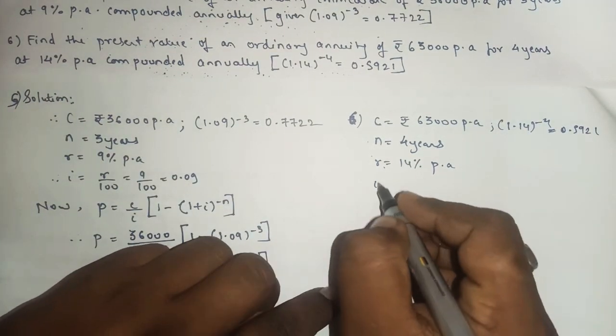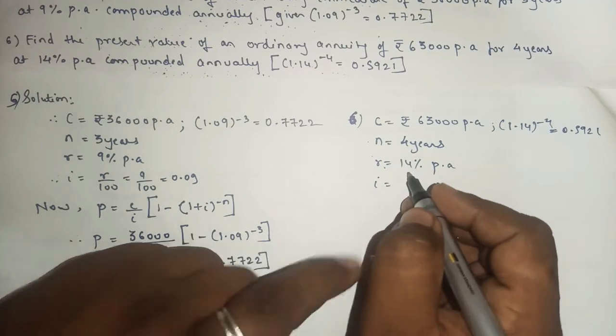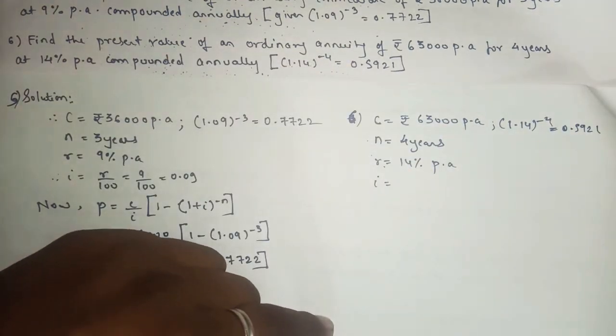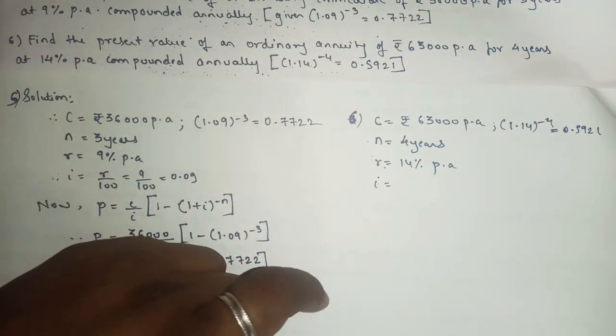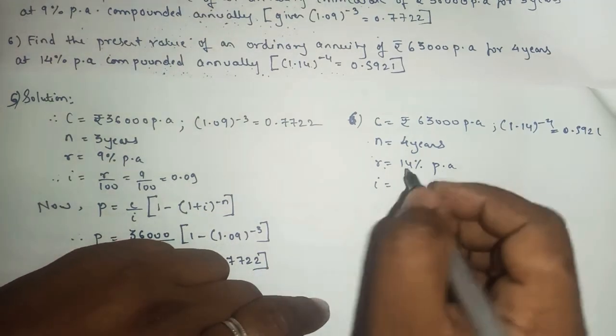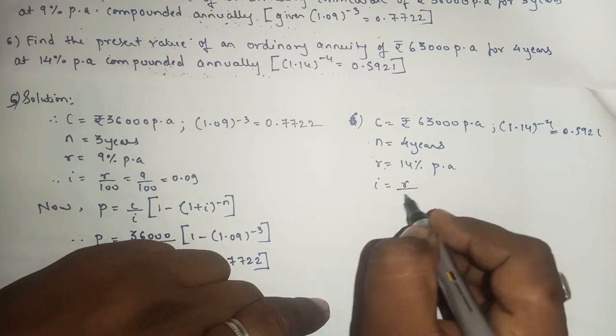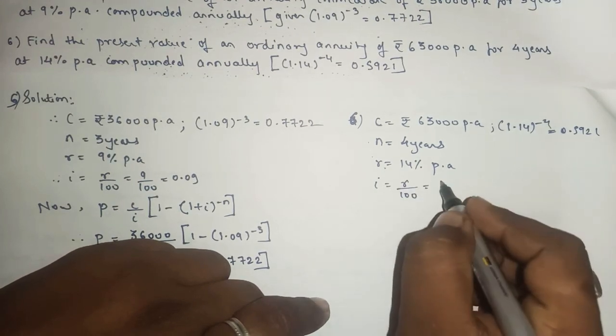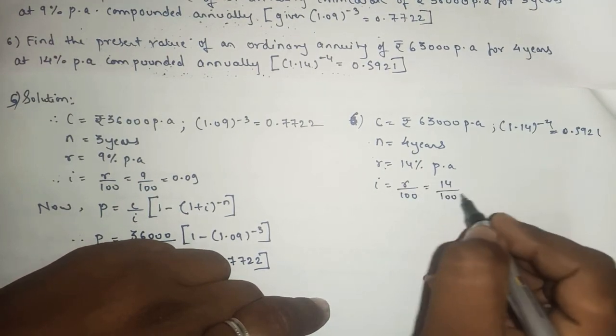Okay, so here there is no need to change the value of n and r because it is compounded annually. In the question it is not mentioned half-yearly or quarterly anywhere. So I equals r upon 100 equals 14 upon 100 equals